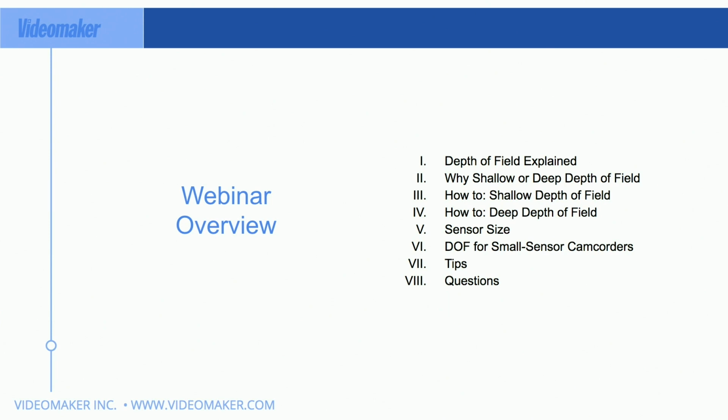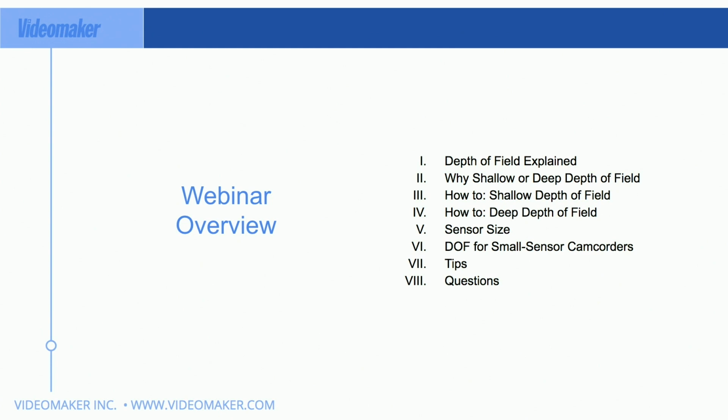And then we're going to talk about why shallow or deep depth of field, so why you would choose one or the other, or why you would even be looking to do either one. And then a how-to demonstration of how to get shallow depth of field, how to get deep depth of field, all the different things that you need to pay attention to when doing that, as well as what settings you need to use. Also to get deep depth of field, which doesn't always mean everything in focus. Sometimes it means a lot in focus, and sometimes you might be using it for other purposes than just having a deep depth of field, and we'll go over that.